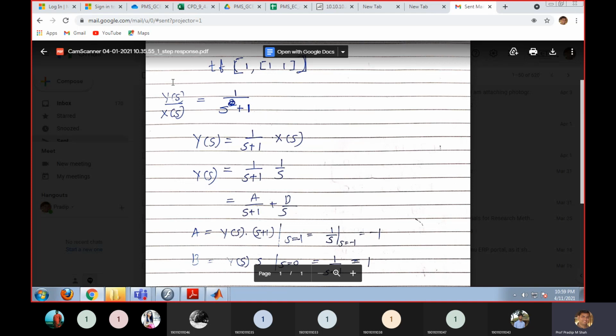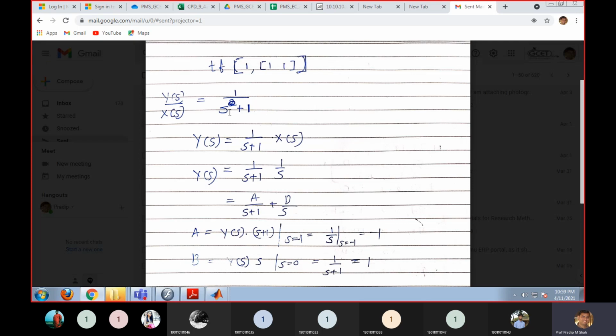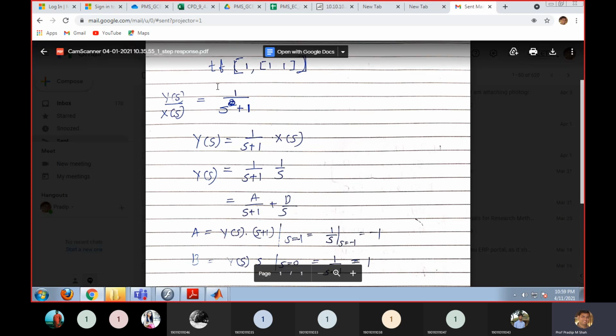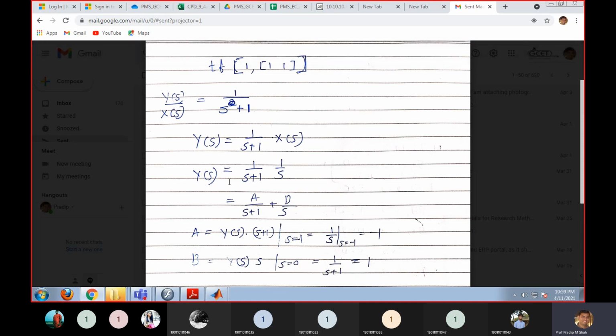So आपका transfer function क्या हुआ? आपका system का function क्या हुआ? It will be 1 divided by s plus 1. Now ये आपका system है. So if you know that, simple, यहाँ पे Laplace apply किया है मैंने, so I can use this as Y(s) by X(s). So my Y(s) is 1 by s plus 1 into X(s).